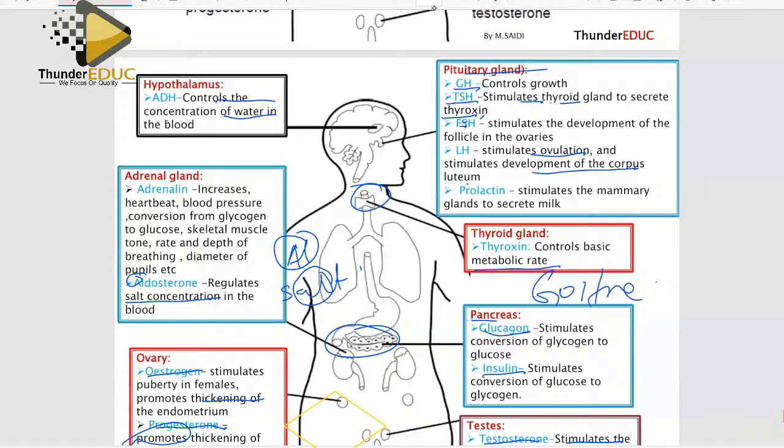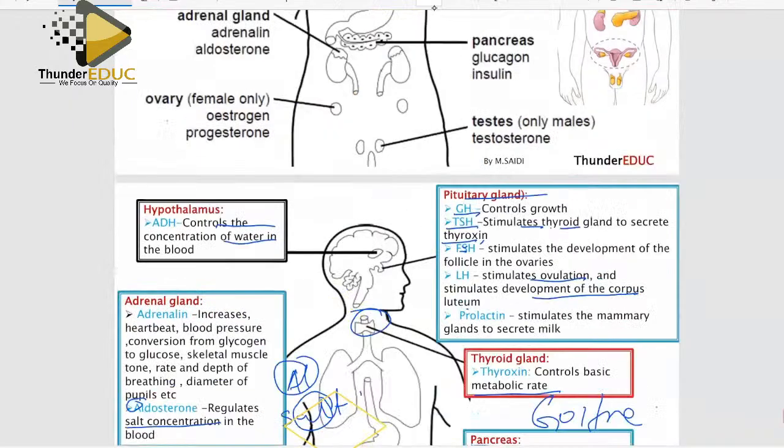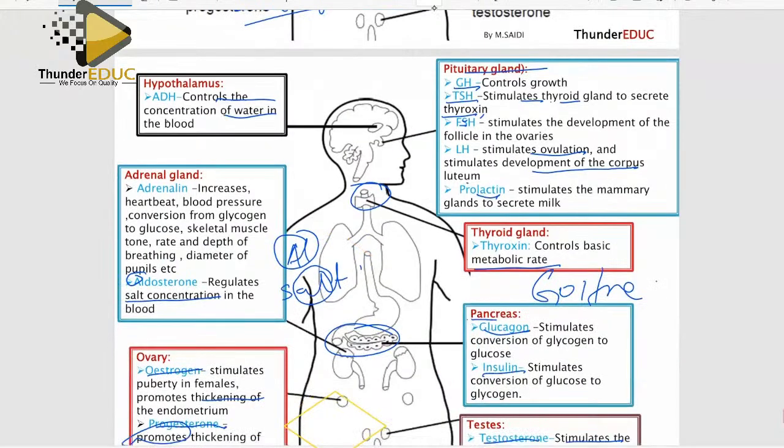Prolactin. I didn't talk about prolactin. Oh, see, I didn't talk about it. Prolactin is for milk. When you say lactose, sugar in the milk, lactogen. You see, lactogen. Have you ever bought this thing from ShopRite? Lactogen, that milk, isn't it? So whenever you say lact, we are talking about milk. So prolactin is a hormone which stimulates the mammary gland to produce milk. So, guys, you have to know that.